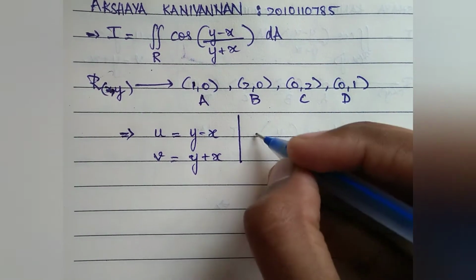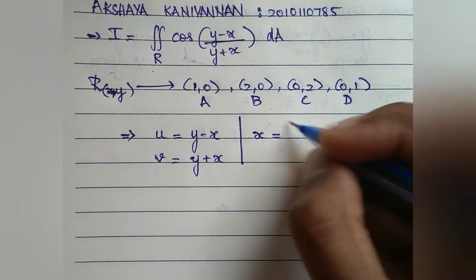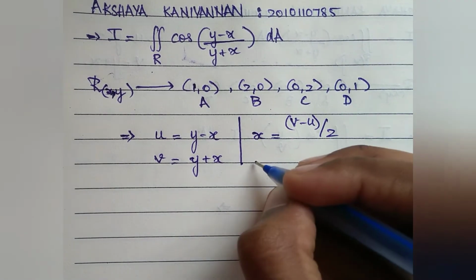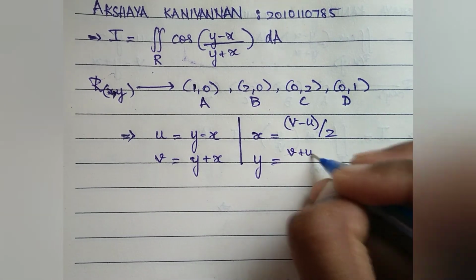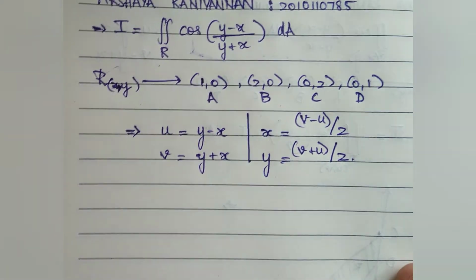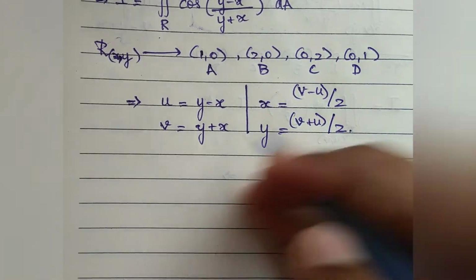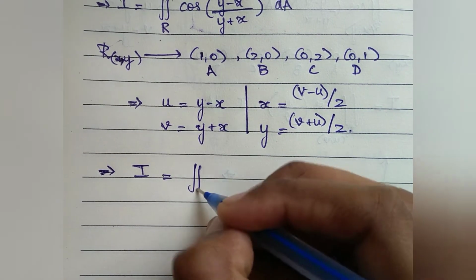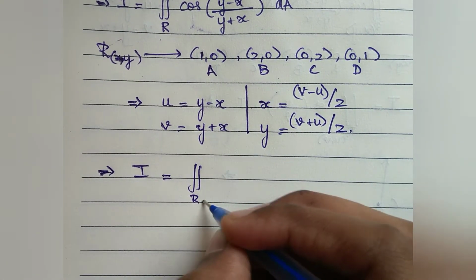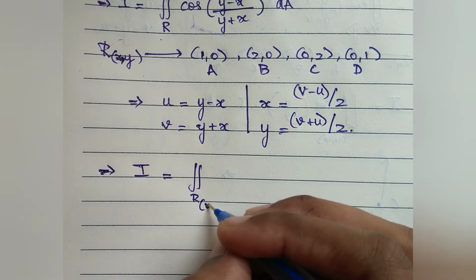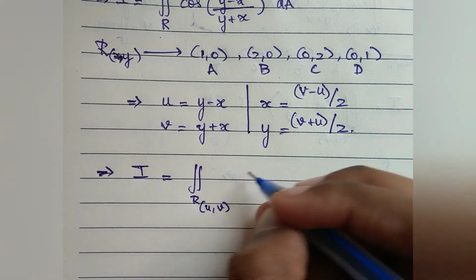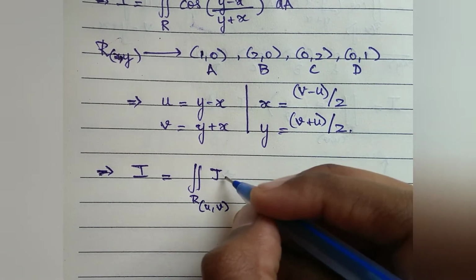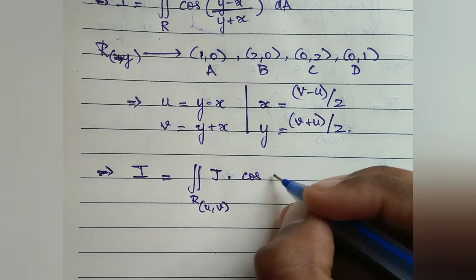If we write the same thing the other way around, we get x equal to (v minus u) by 2 and y equal to (v plus u) by 2. Now we need to write the equation again in terms of u and v. We can just substitute. For R in the xy plane, we need to find the image of R in the uv plane, and we need to multiply the function with the Jacobian, and this will be cos(u by v)